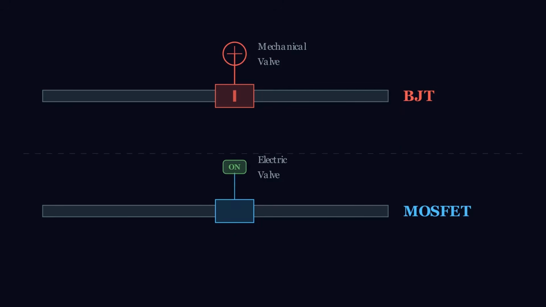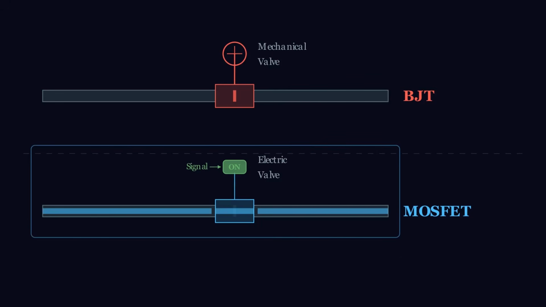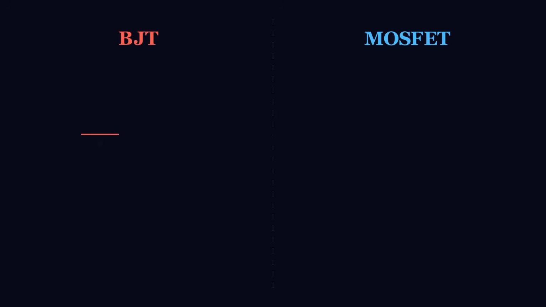Now imagine the second pipe has an electric valve. You open it with a button. Just a small electrical signal, no mechanical effort. Once it is open, it stays open without additional effort. That is the MOSFET. Apply a voltage to the gate, the channel opens, and current flows freely from drain to